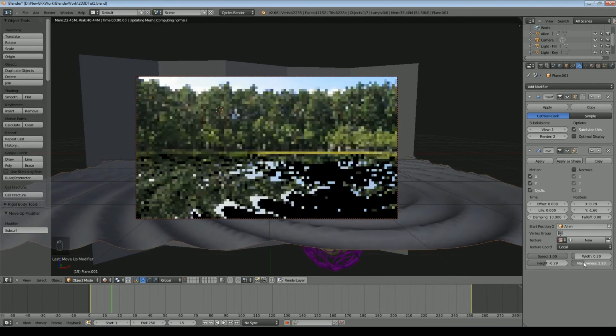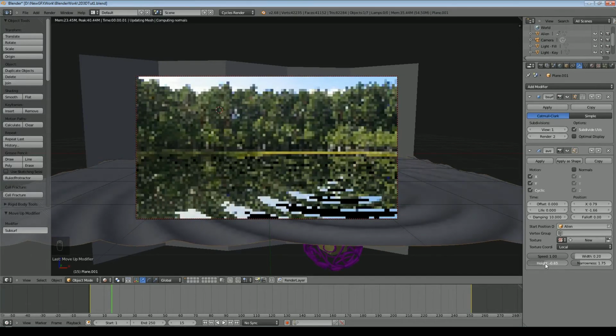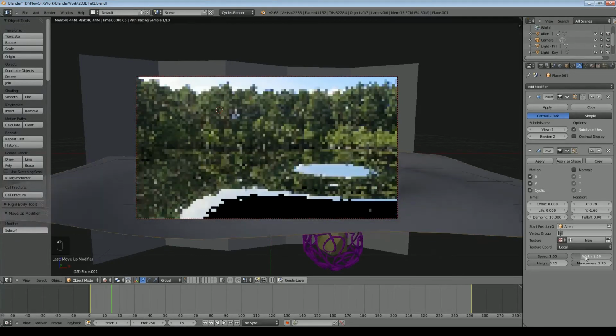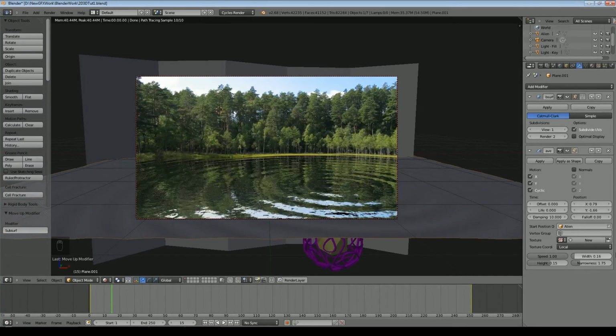The narrowness is sort of how sharp those ripples are. The height is literally the height, whether it's a negative or positive number. So we want them actually fairly low, because this is supposed to be a largish scale. And then the width, obviously, again, how wide each individual ripple is. So let's try something like that, and let's let it run a little bit.